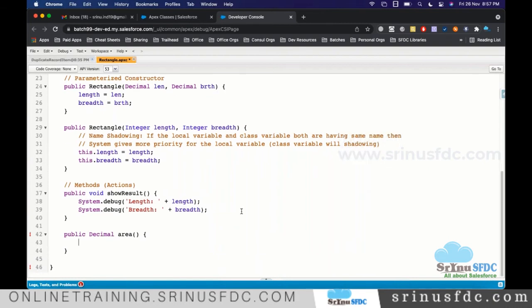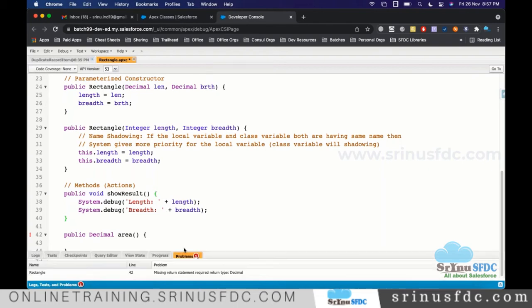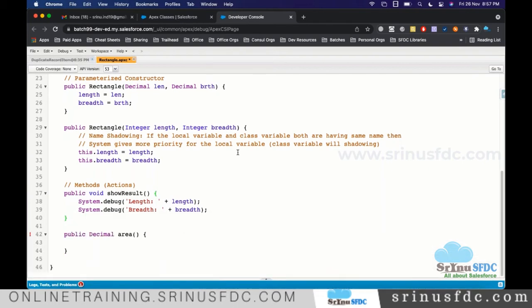Now if you try to save, it will throw an error. The reason is, when we use return type as void, no need to include any statement inside the method. But there is a type of statement called return.